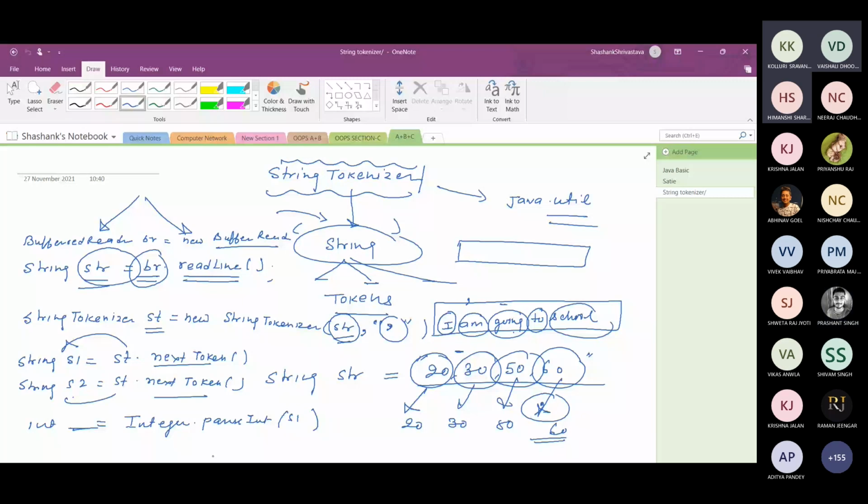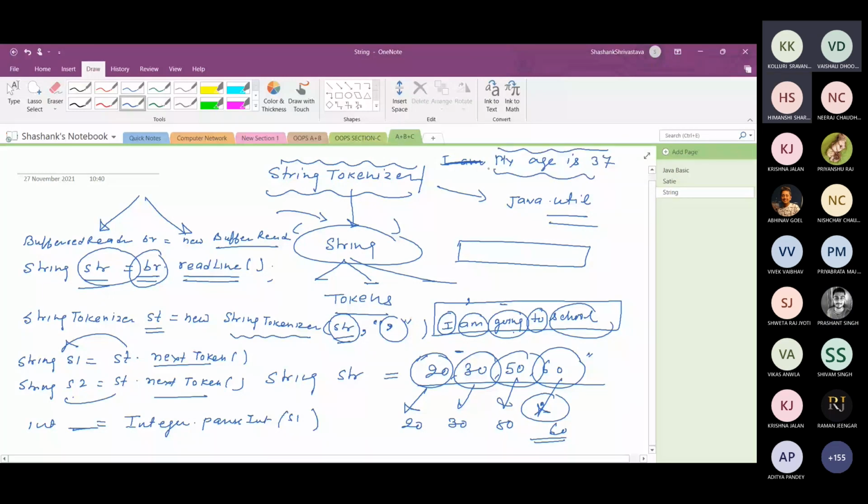Basically, nextToken is a method. The return type of nextToken is a string. Suppose any string is here, say, "my age is 37." This whole thing is a string, and "my" is the first token.